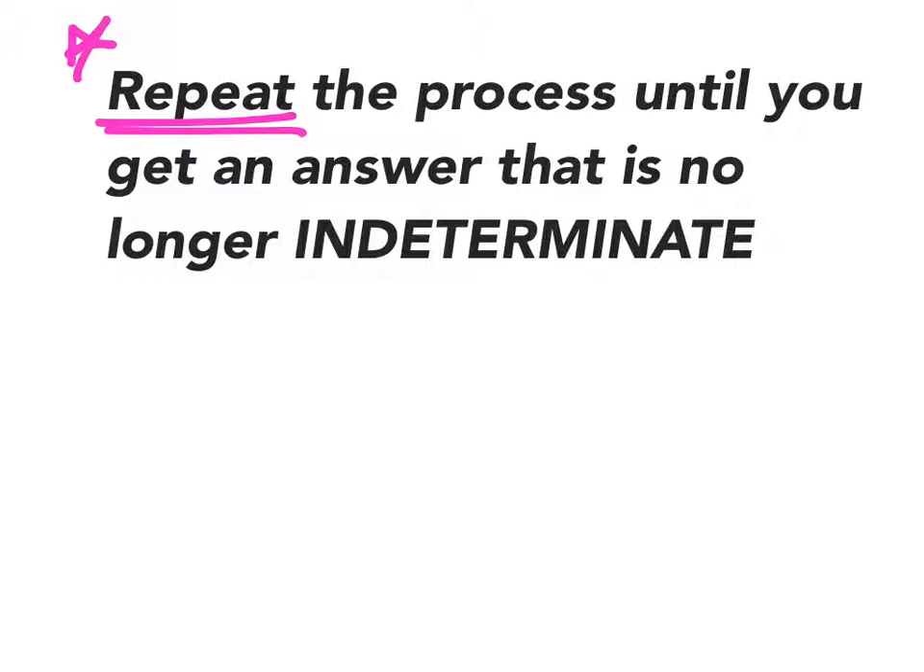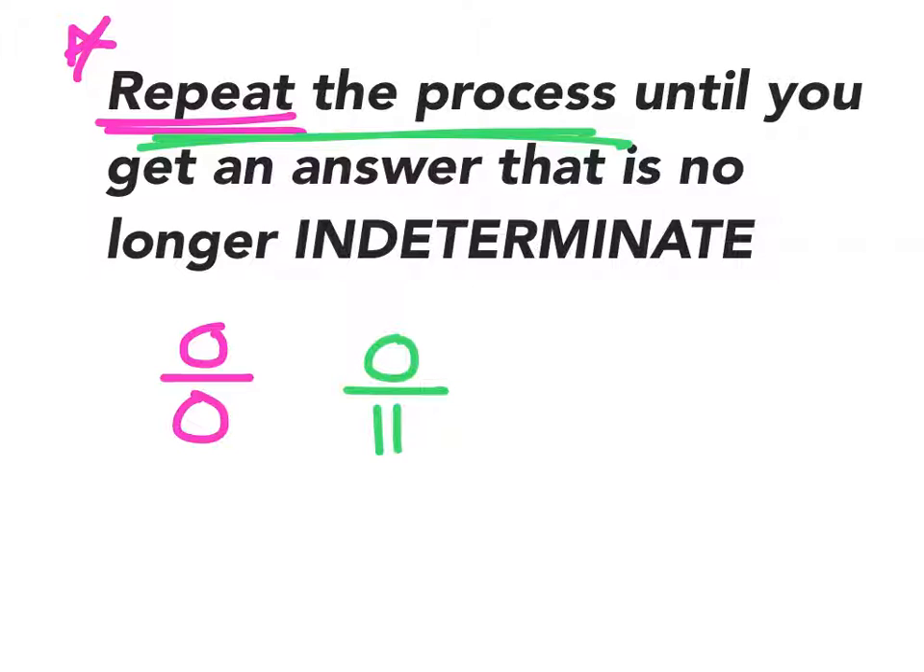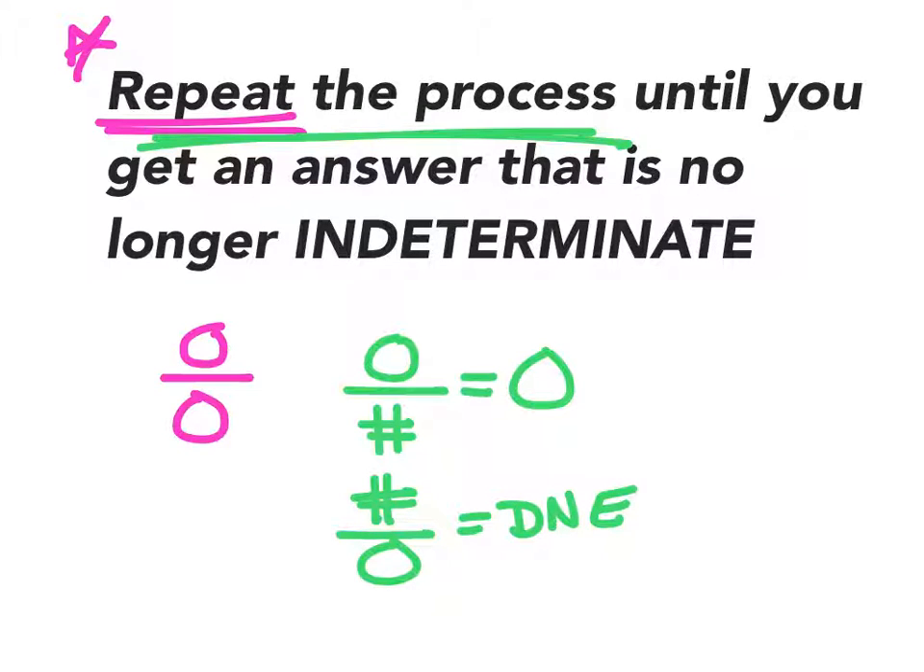For example, let's say on my first limit I get 0 over 0. Then I will repeat the process until I get an actual answer. For example, if I get 0 over any number, I know that answer is 0. If I get a number divided by 0, I know that answer does not exist or undefined. Or if I just get some old number over number, I can stop. But as long as I get indeterminate, I have to keep repeating the process over and over until I get